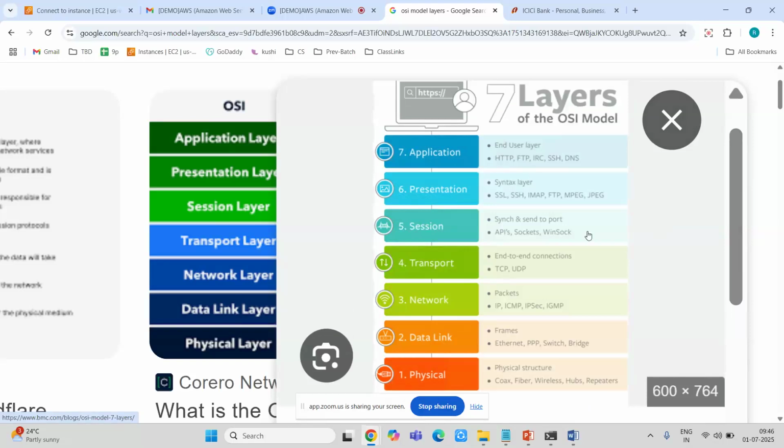First of all, it has to have some APIs, because if it needs to call or have the payload to be sent, then a session will be established. Right now, it knows what the data is, how to travel, where the network is, and how exactly it has to go. Now, session means it will know how exactly it has to transfer.